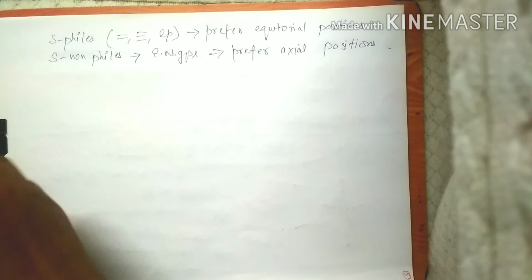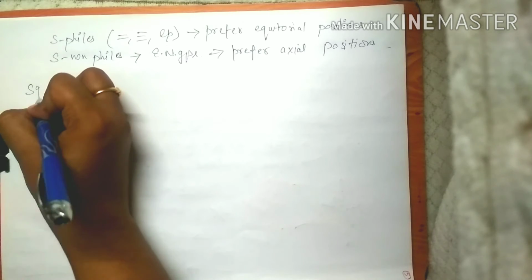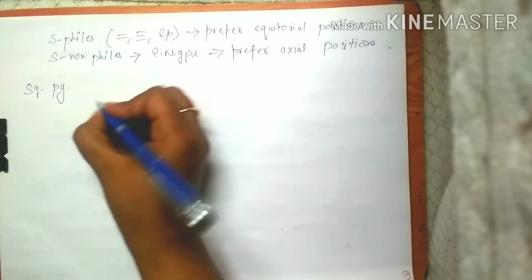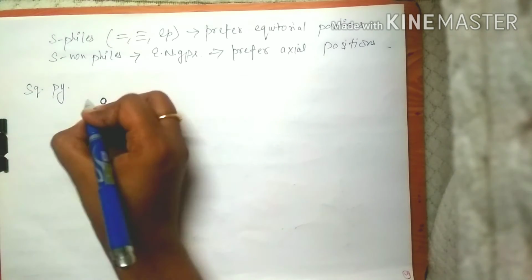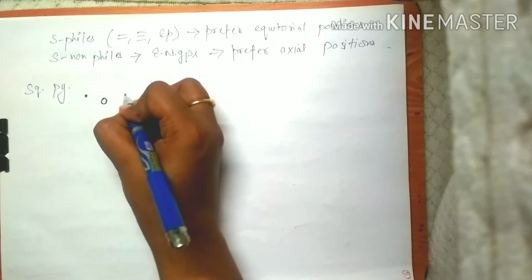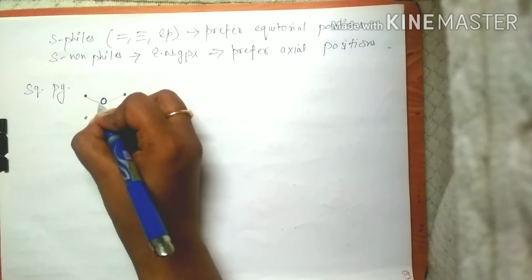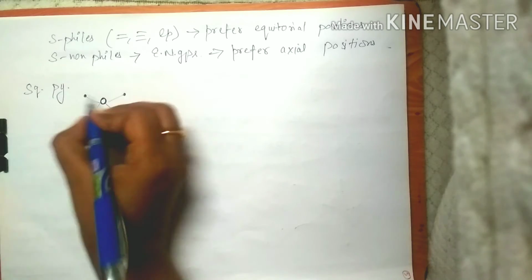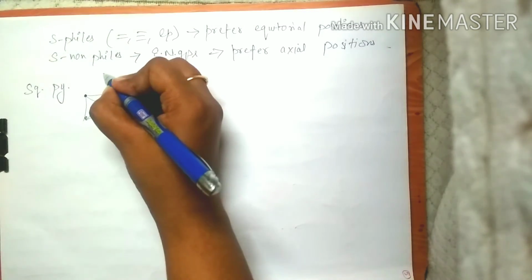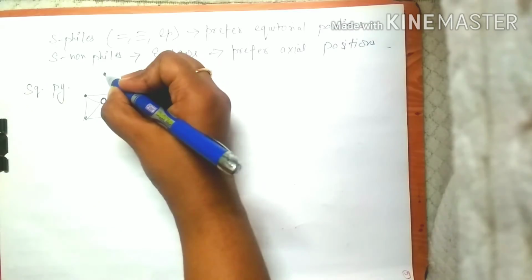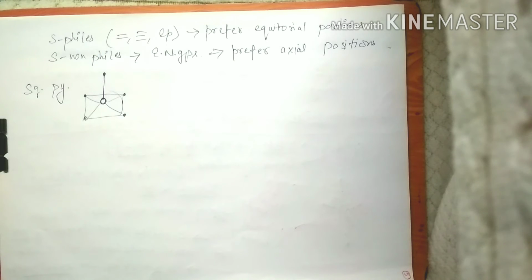Okay, and one more thing which I wanted to discuss was the square pyramidal geometry, right? In this geometry, the central metal atom is present here, 4 atoms will be present like this in that same plane, making bond with the central atom. Okay, these 5 are present in the same plane, and one atom or one ligand, you can say, will be present above this plane. So this is your square pyramidal geometry.